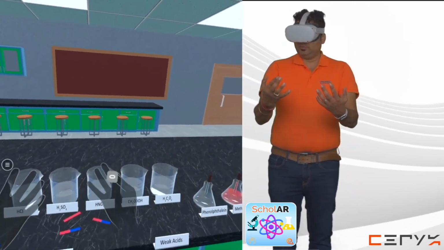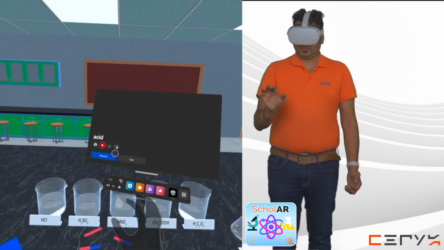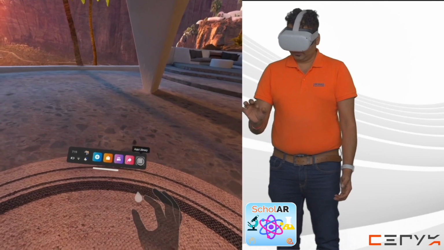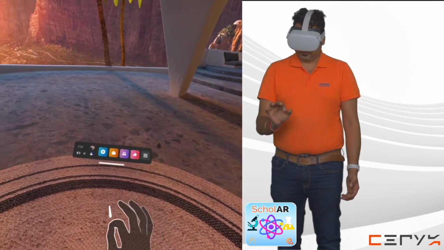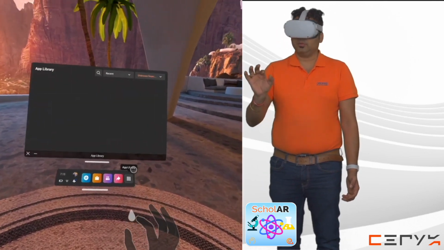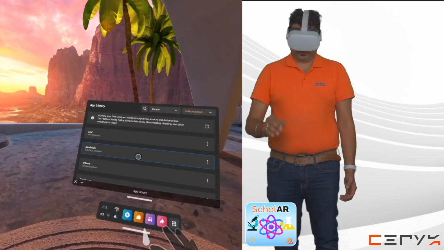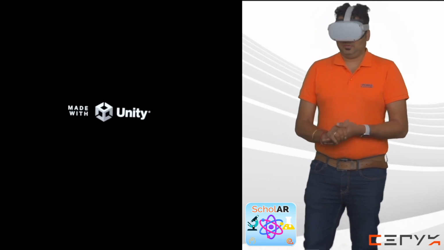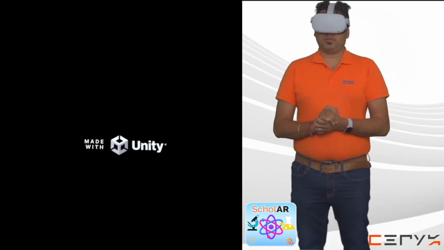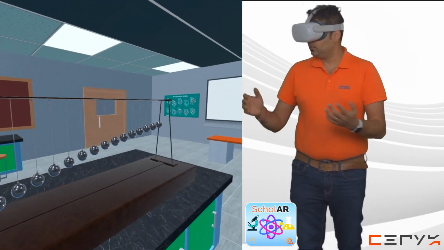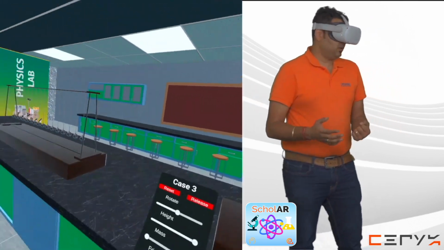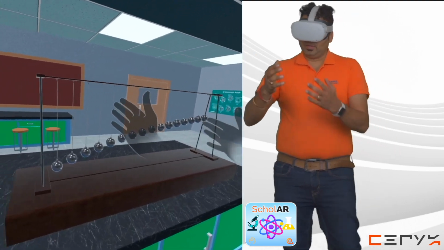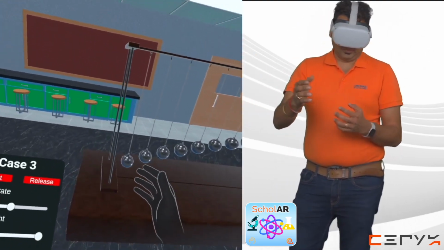Alright, I'll go for another lab now, which is a physics lab. Okay, here we are in the physics lab. This is a pendulum lab and you can see different size pendulums are there, and in this lab we have